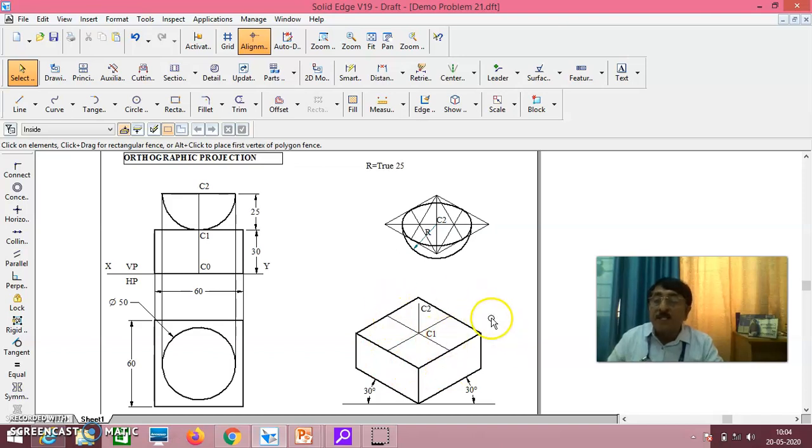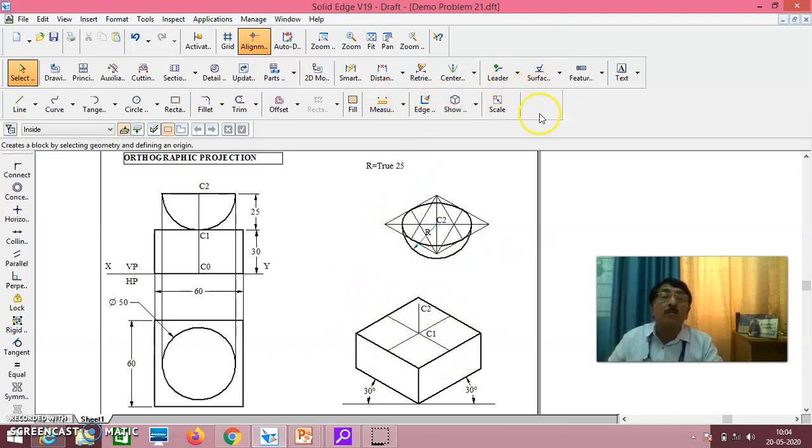Did you follow? That is why I will either move this hemisphere with this C2 as center and merge with this C2, or move this with this C2 and merge with this C2. Any one of them you do, it is correct only, because you have already converted this into ISO, this also into ISO, everything is proper now.